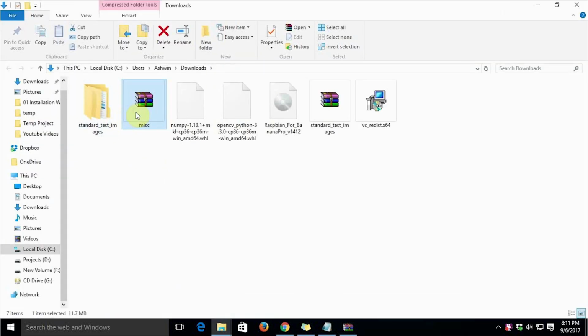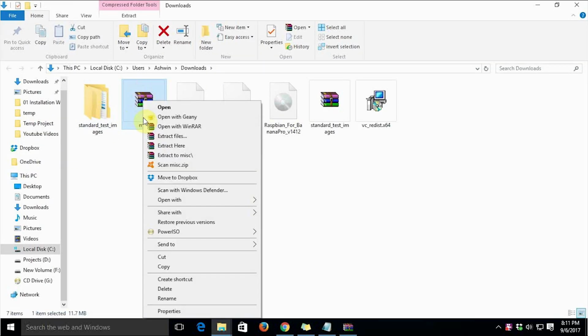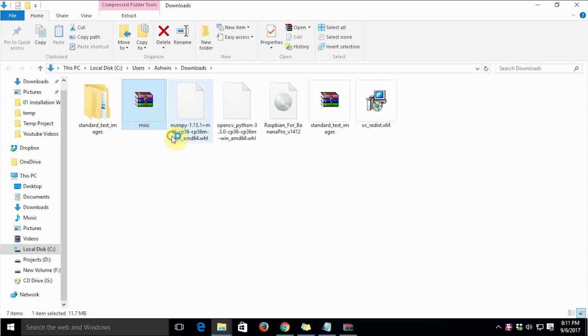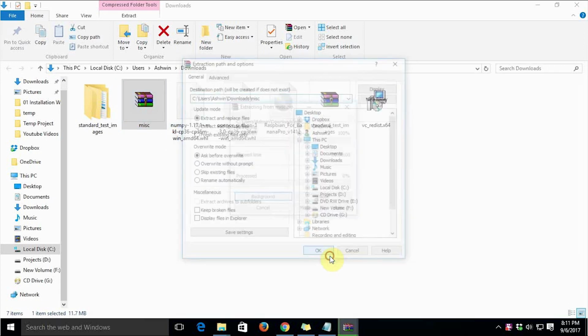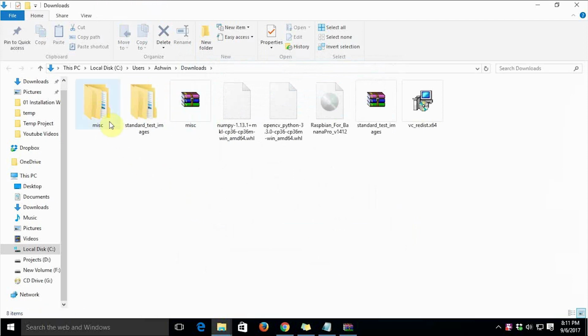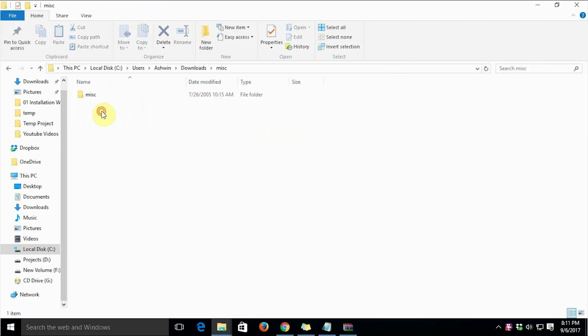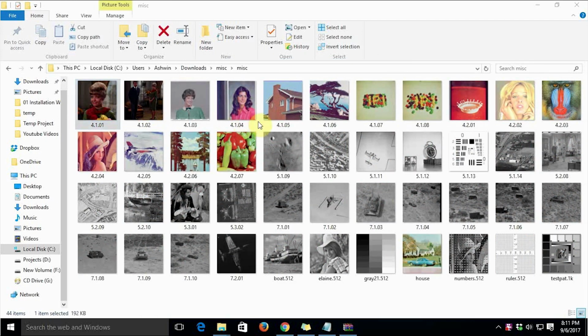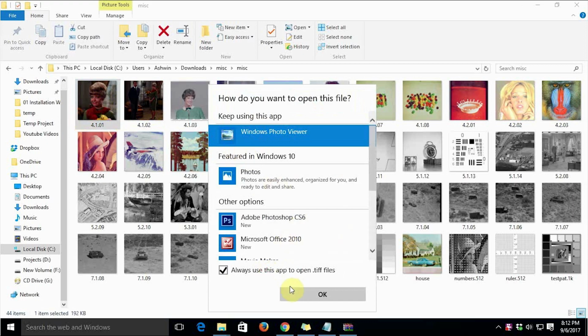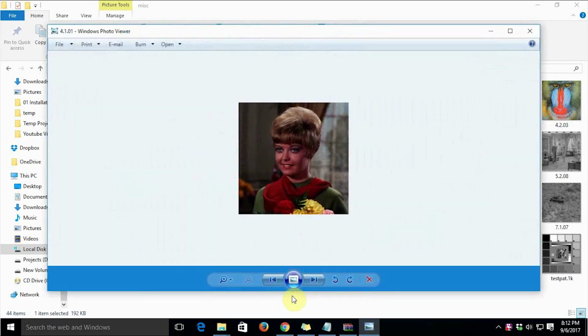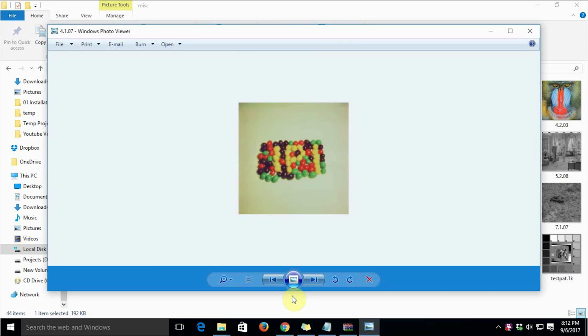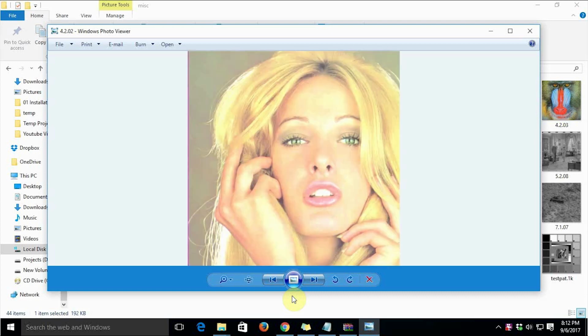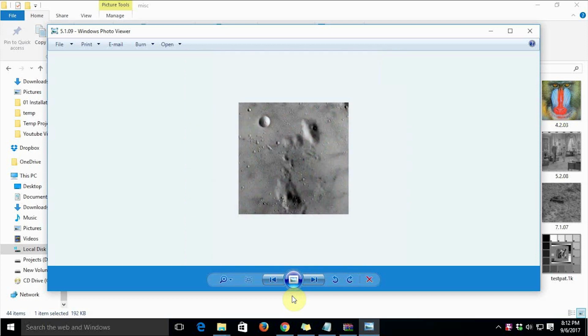Let us extract this zip file. Just say extract files and say okay. Now it will create a directory known as MISC, and let's have a look at the dataset. It seems that the dataset consists of files with extension TIFF, and they seem to be 512 by 512 and 256 by 256 resolution images.